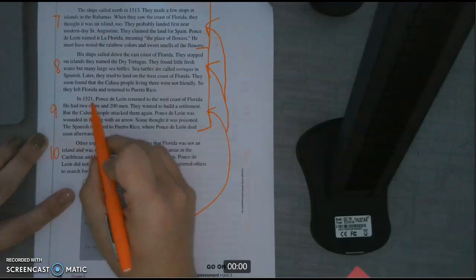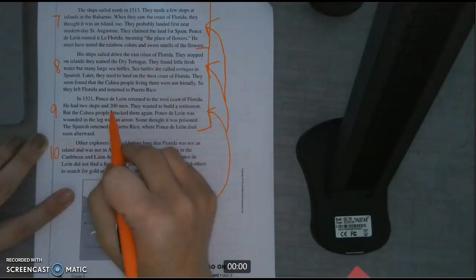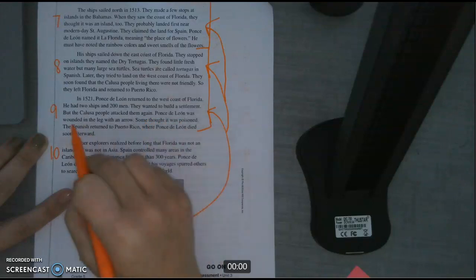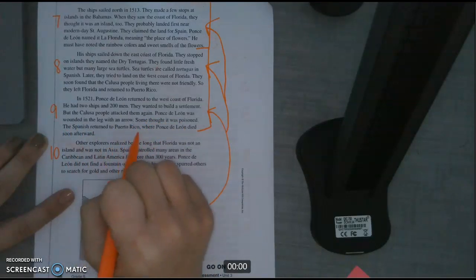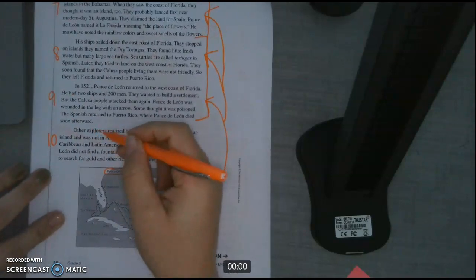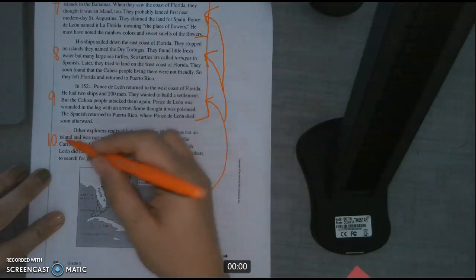In 1521, Ponce de Leon returned to the west coast of Florida. He had 2 ships and 200 men. They wanted to build a settlement, but the Calusa people attacked them again. Ponce de Leon was wounded in the leg with an arrow. Some thought it was poisoned. The Spanish returned to Puerto Rico, where Ponce de Leon died soon afterward. Other explorers realized before long that Florida was not an island and was